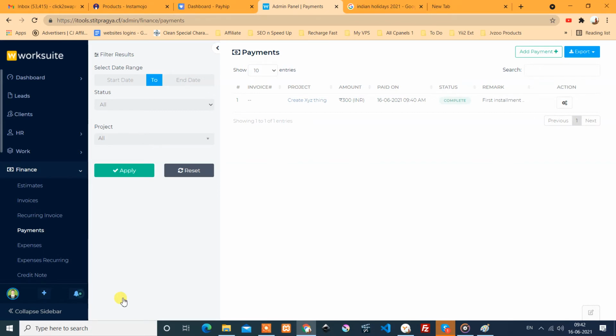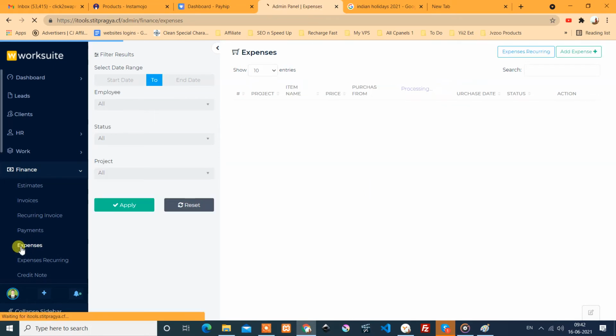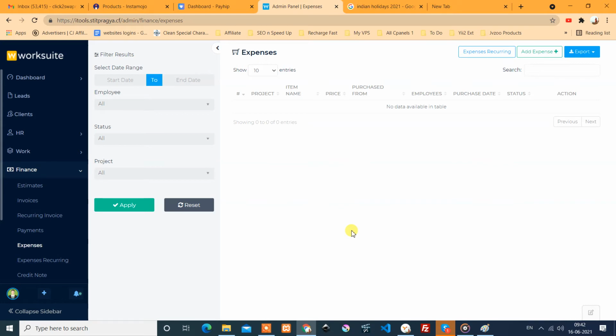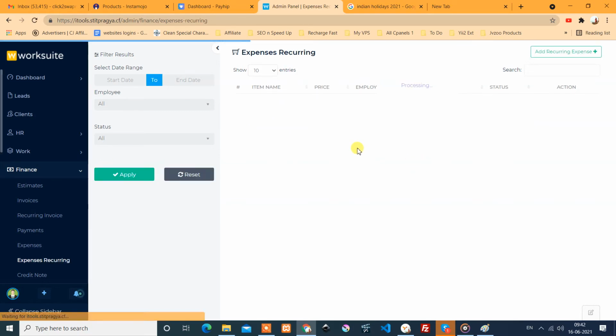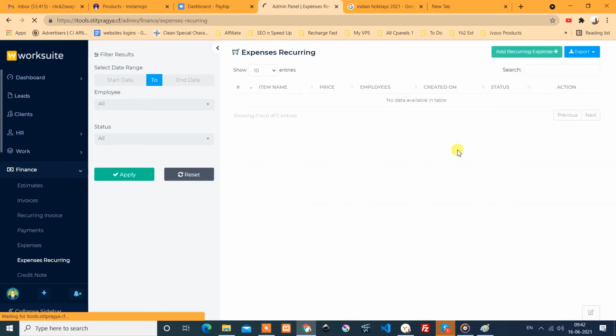Okay, then expenses. You can manage the expenses for that company unit, and you have the recurring expenses, means you have to do that daily, weekly, bi-weekly, and that type of recurrence you can add using the recurring expenses.